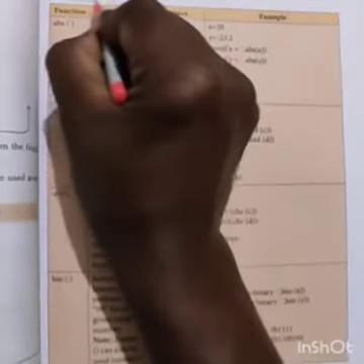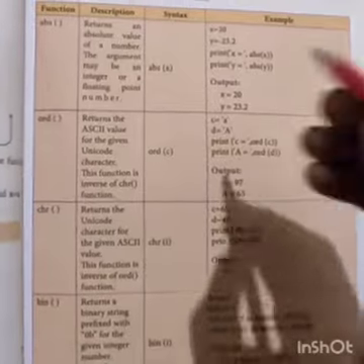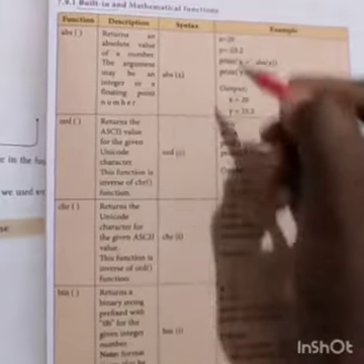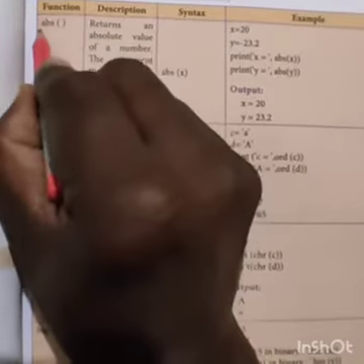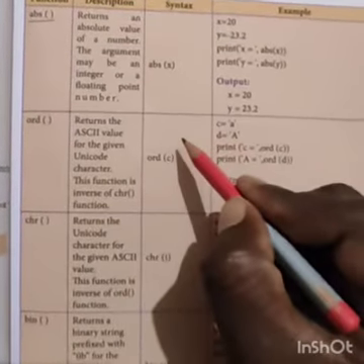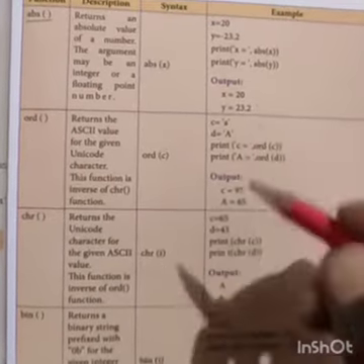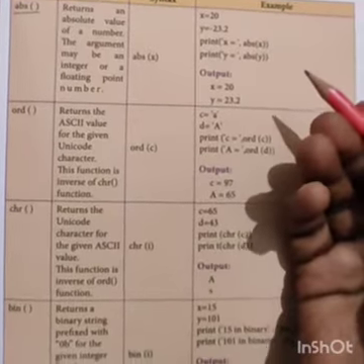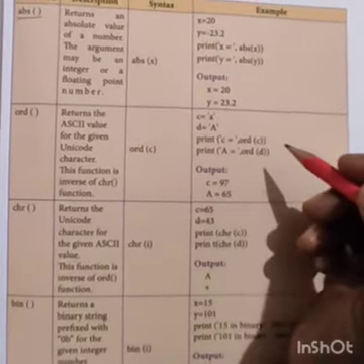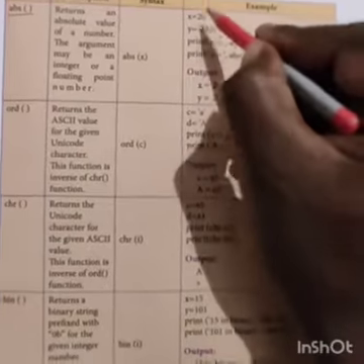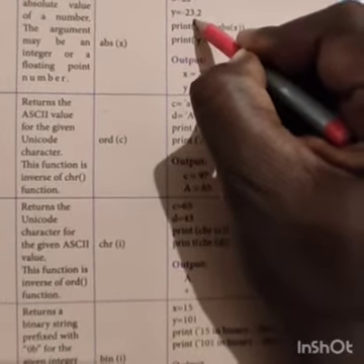What does inbuilt mean? Inbuilt means the built-in mathematical functions. I will explain how to use those mathematical functions. First is ABS. ABS is for absolute numbers. Absolute number means if you enter a minus number, a positive number will come as the result. See here, x is 20, y is -23.2.